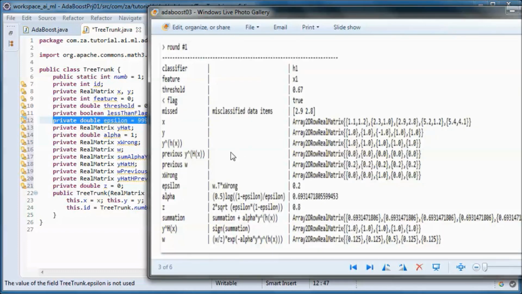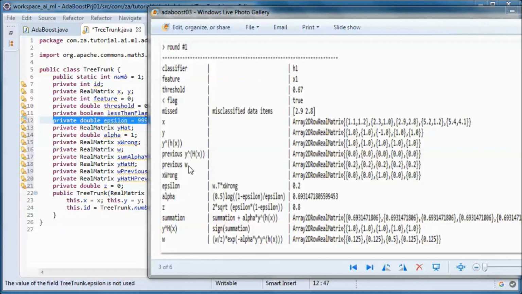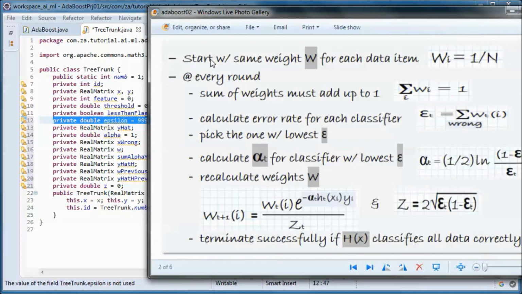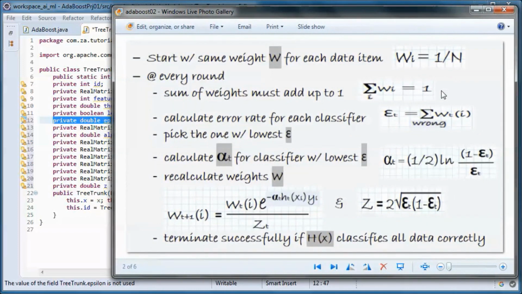And since we only have this data item that was misclassified, if we look at xwrong, only this one has 1 in it. And W here is all 0.2, since we start with the same weight W for each data item, and we have 5 data items.